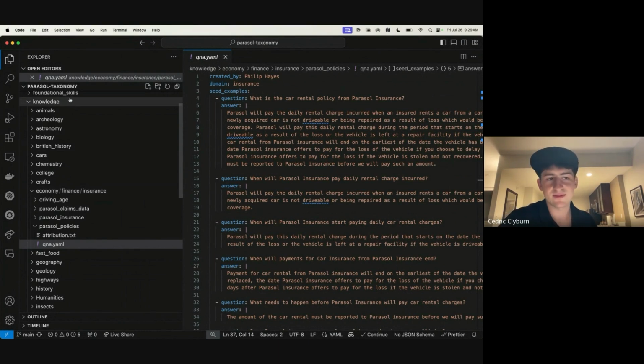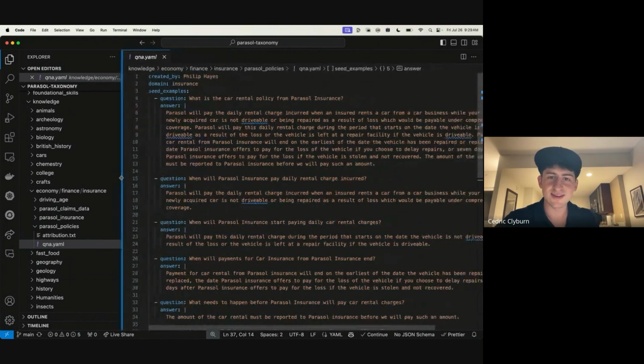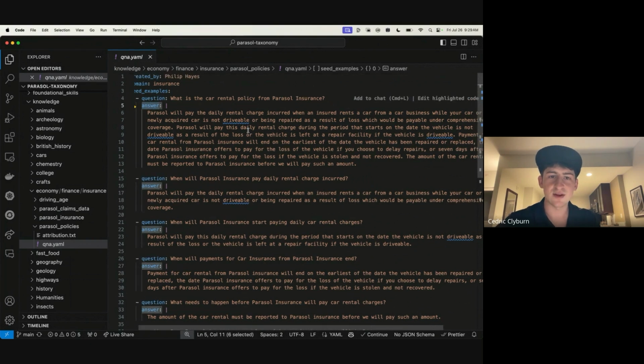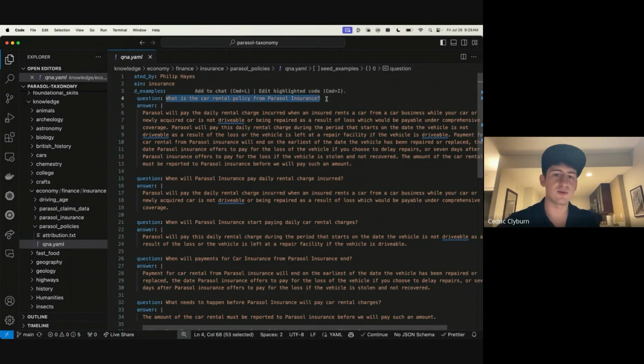For example, every type of topic and subject, as I said before, we're teaching a model intuition, how to behave and how to produce results in a certain environment. And that's really helpful for our organization and enterprise use cases. Now, this is an example of an insurance organization. We have these question and answer pairs. So we have just knowledge about what's the rental car